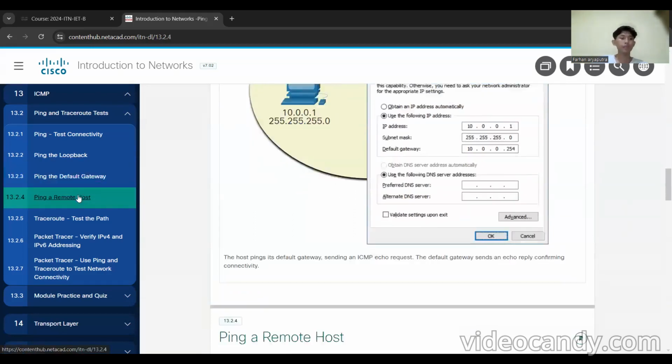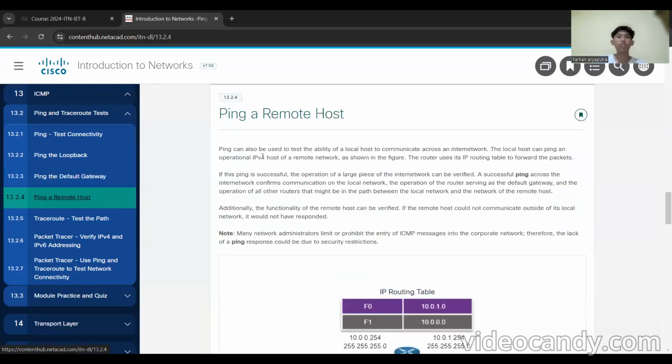Okay, next, ping a remote host. Ping can also be used to test the ability of a local host to communicate across an internetwork. The local host can ping an operational IPv4 host of a remote network. As shown in the figure, the router uses its routing table to forward the packet.